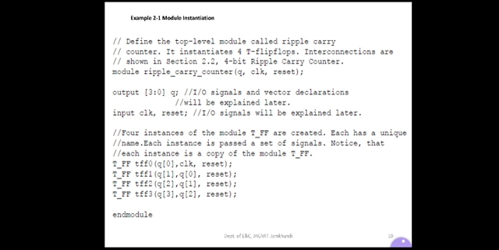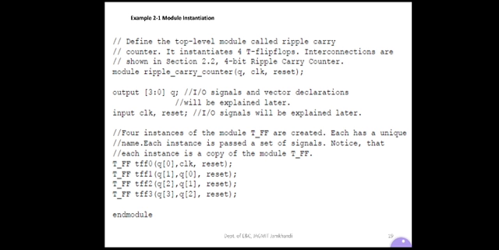That can be defined separately as Q0, Q1, Q2, Q3, or you can define it as a vector 3 down to 0 Q. That means Q is 4 bits, with values Q0, Q1, Q2 and Q3. The input output signals and vector declarations will be explained later.